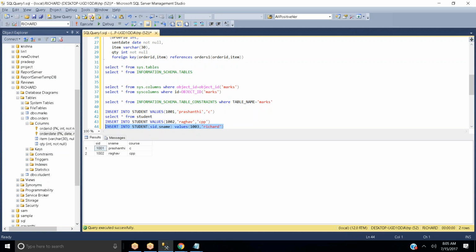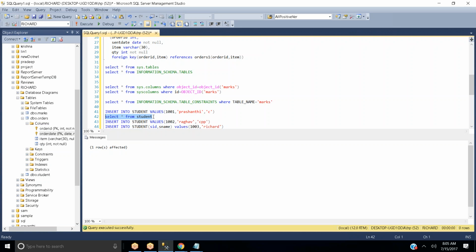We'll try to execute this. It got inserted, and if you try to see your student table for Richard, by default you are going to get CPP. This is the reason why you need to give default values, if you are not inserting anything and you want to get a default value.